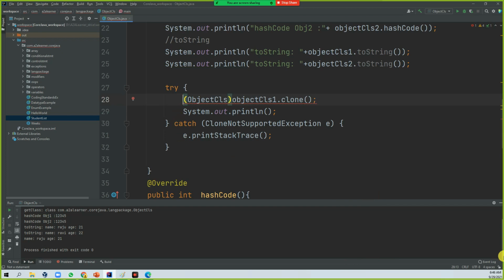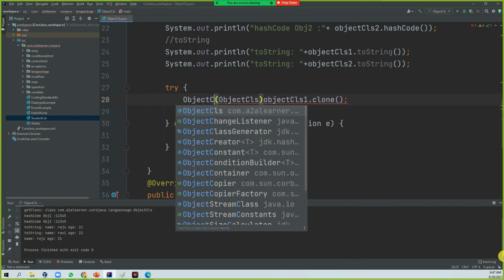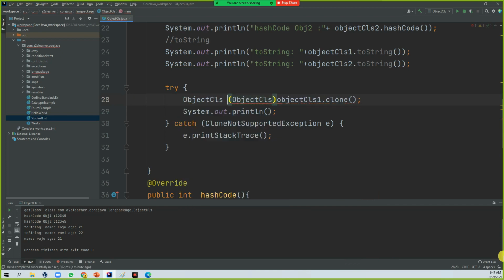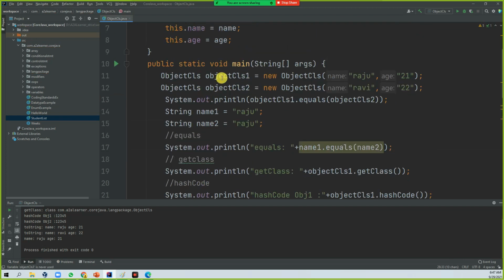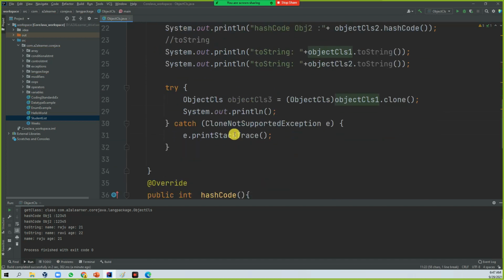I'm going to assign this to object class 3. Already we have 2, right? So like this. Whatever the object class 1 you have, the same thing you are cloning.